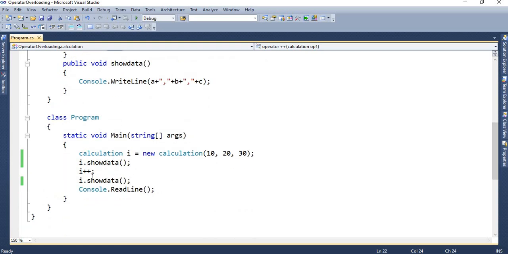So when I write the line i plus plus, it will update the values of a, b and c. Then again I write i dot showData, and I will get the updated values of a, b and c. Now we are going to execute our program and see what output we get.